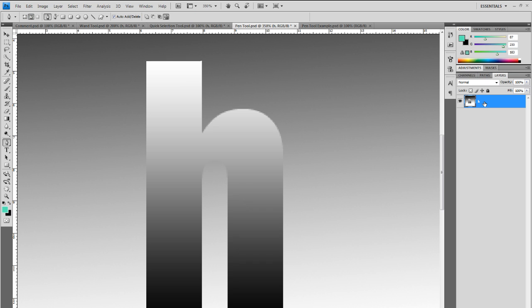And so what you want to do is click on your H layer, and the very tip of the pen is where the point will be created. So you want to start masking out your shape. So I'm going to mask out here, here, here, and for curves you want to click and drag